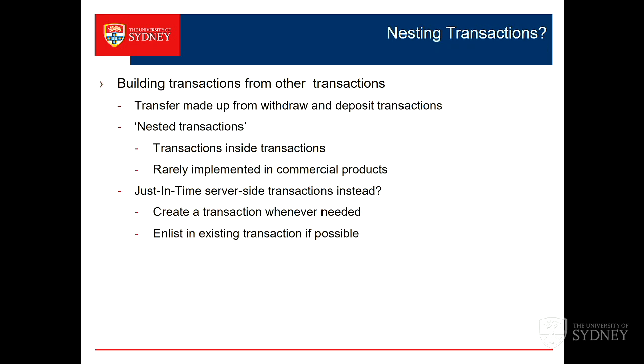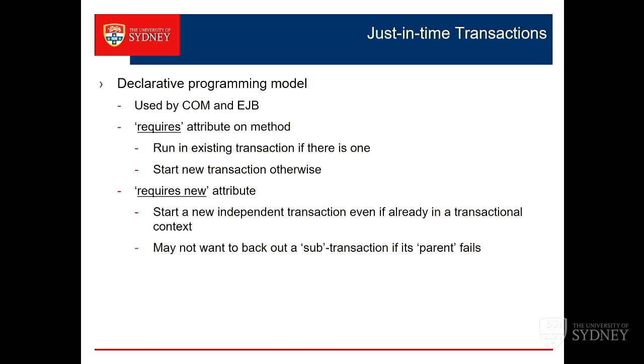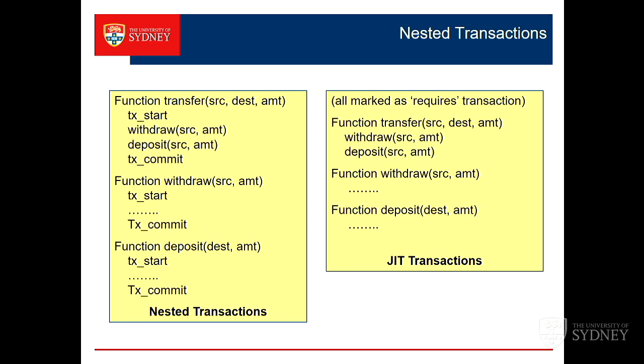Oh, we can nest transactions. People rarely do it, but there's academic technology there. And just-in-time transactions, which is what basically the .NET and EJB stuff do. You just say this piece of code is transactional, and you come in and you get a new transactional context. There's nested transactions that people don't normally do. So we've got a piece of code which is